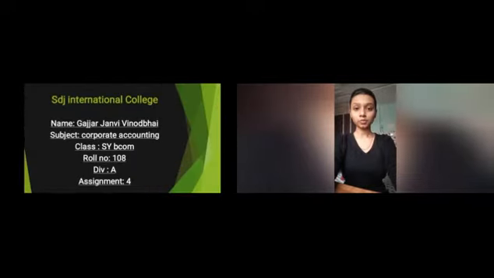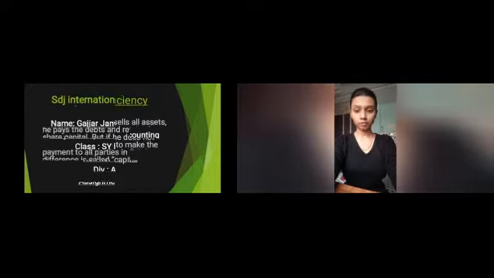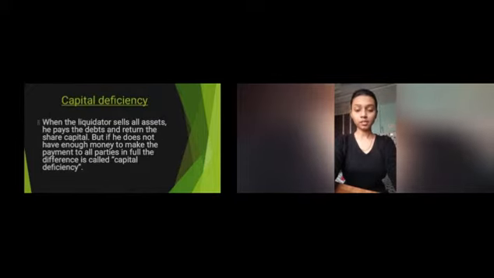I am a student of SD Jain International College and my subject is Corporate Accounting and my topic is capital deficiency. When the liquidator sells all assets, he pays off the debts and returns the share capital, but he does not have enough money to make the payment to all parties in full. The difference